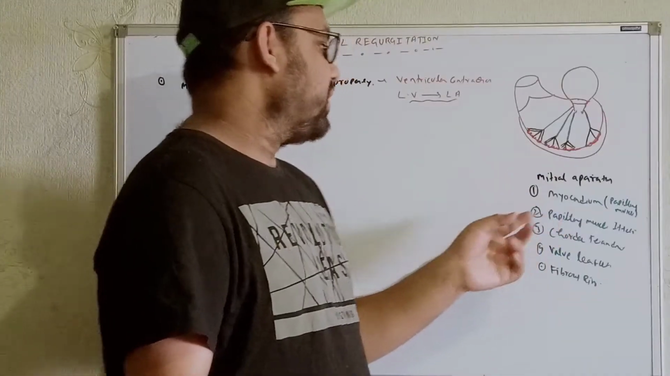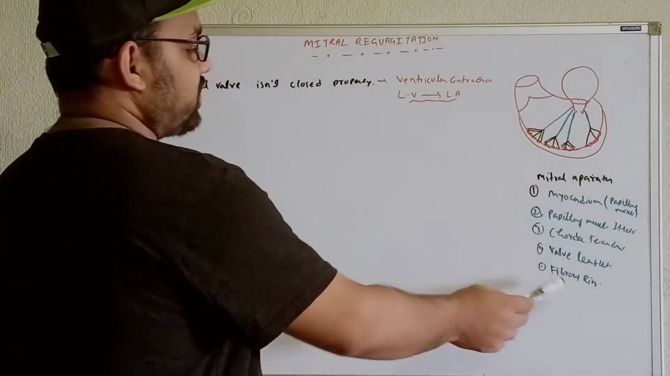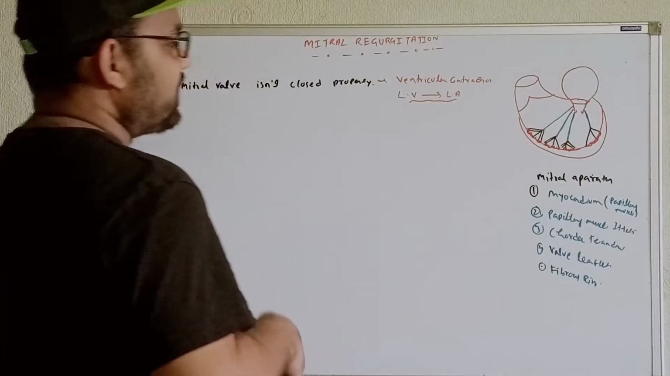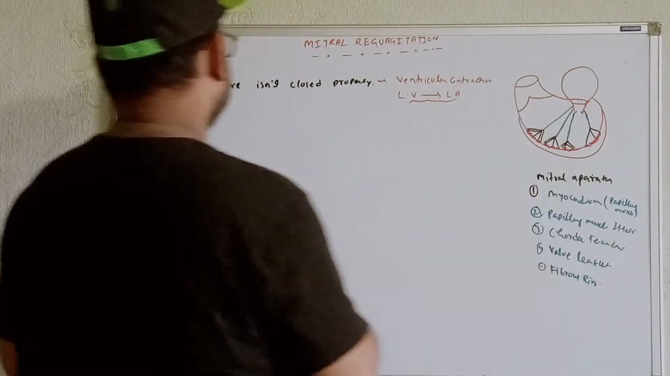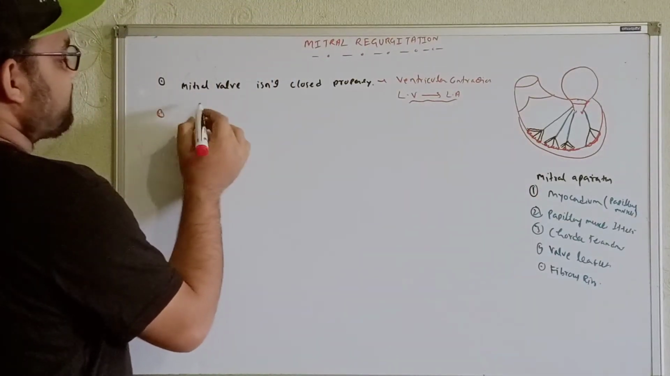Now, what are the reasons for these things? We'll talk about all these things, step by step. So first, let's talk about the fibrous ring. If we see the problem in the fibrous ring, for example,